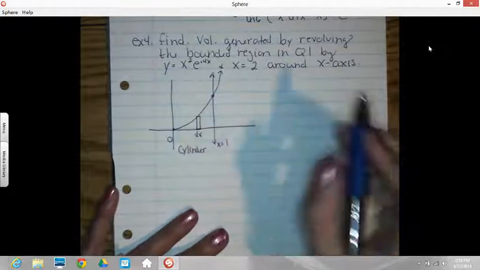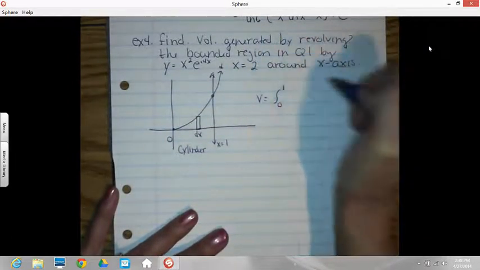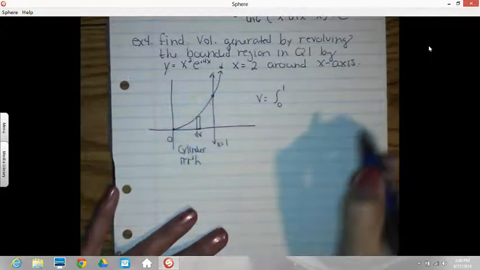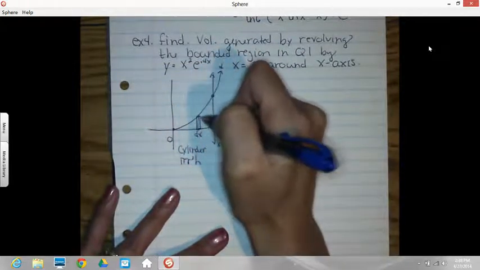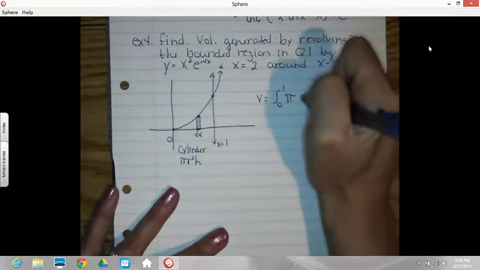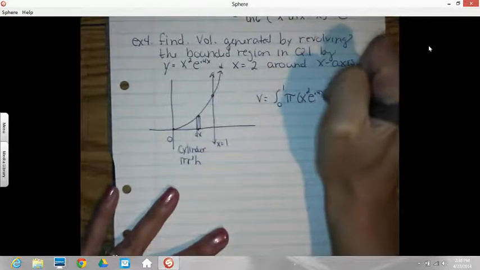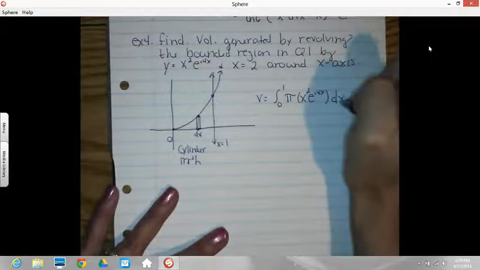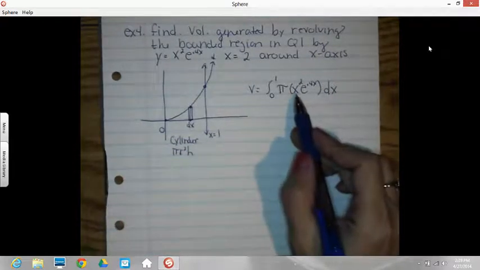So the volume now is the integral from 0 to 1. The cylinder formula, remember, is pi r squared h. The radius is from my axis up each time, so that's the function. So it's pi times x squared e to the 0.4x, and the width is dx, or the height, I should say. And so now, in the last chapter, we would have used function integrate here, but now we actually can do